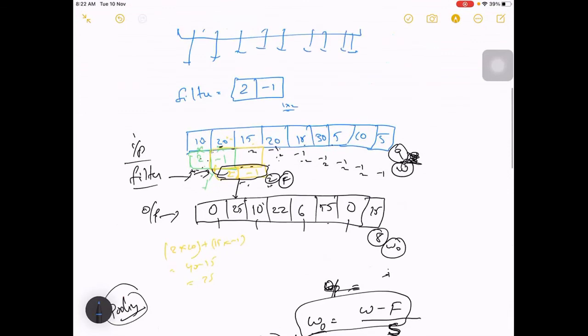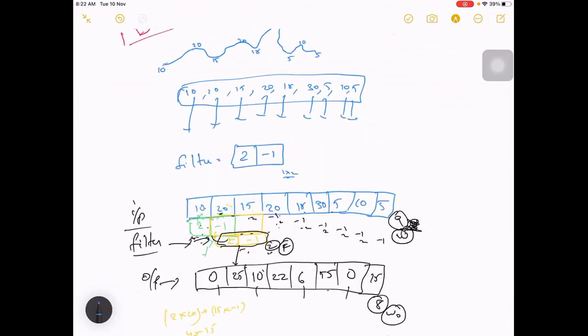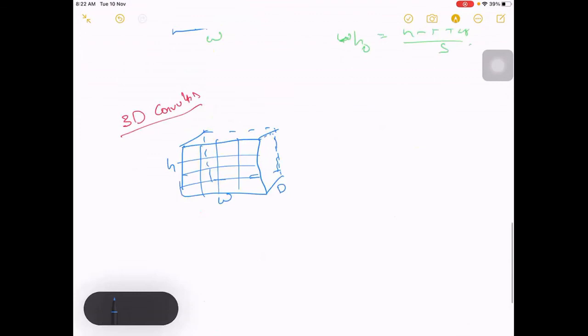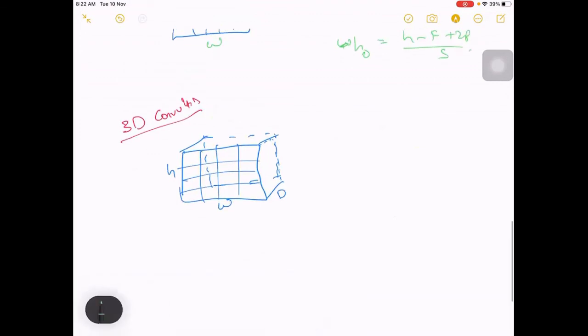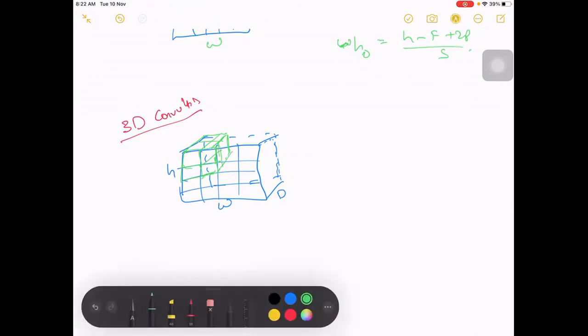If it is a 1D input, the filter is 1D. Similarly, if it is 3D, it will be a 3D filter. So your filter will also be something like this. The entire 3D structure will move to all the places, and you will get an output. Okay, so that is how you will get a final output.